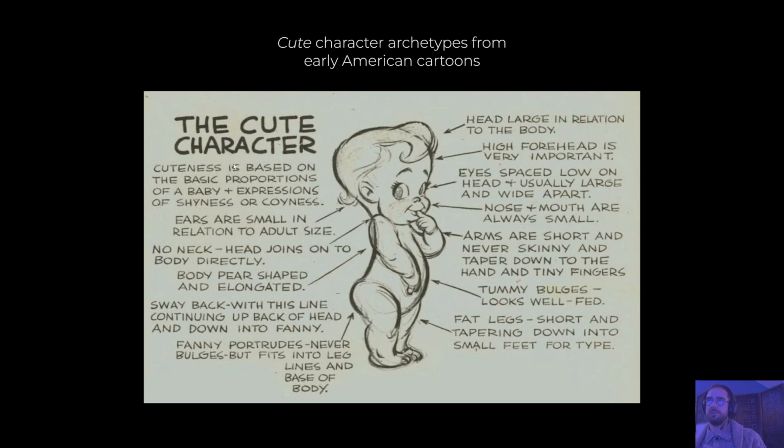Cute characters are definitely something to pay attention to if you need it. Like Paper Mario or Super Mario Brothers, the original, right? Any Super Mario, really. They use this style to some extent. Not exactly chibi, but